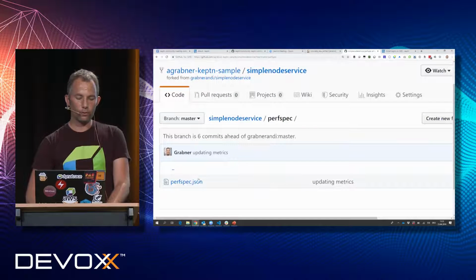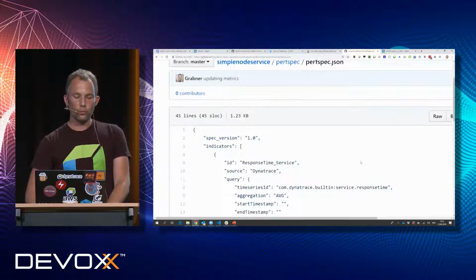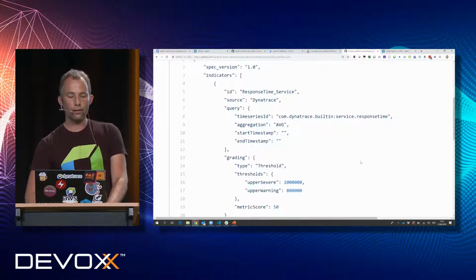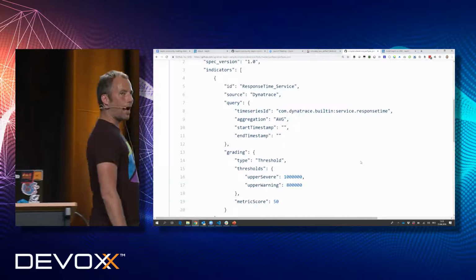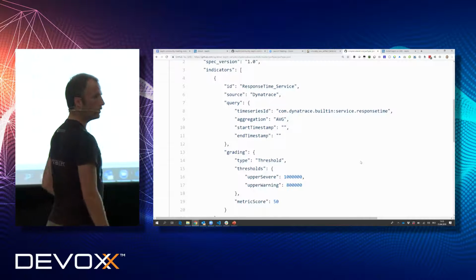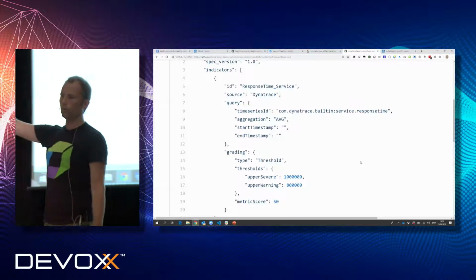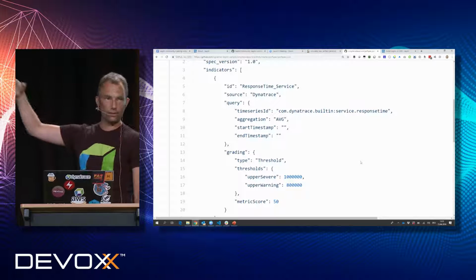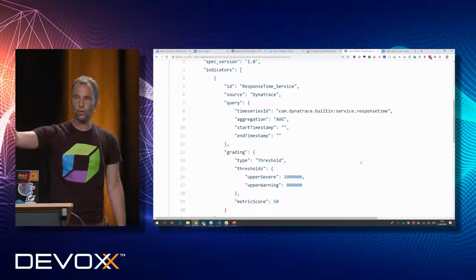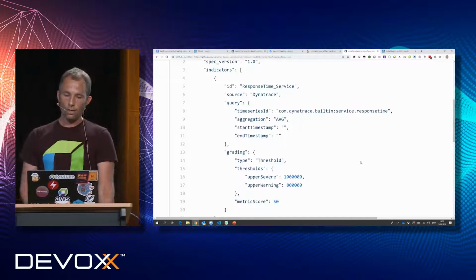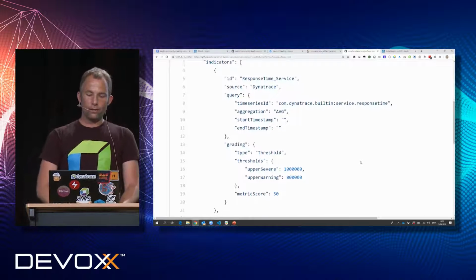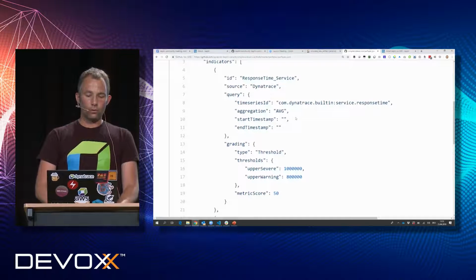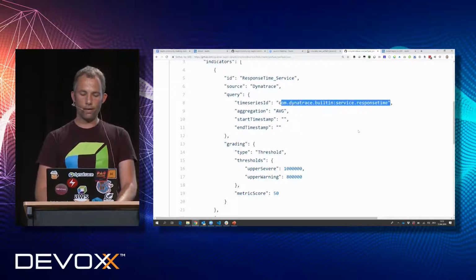The perf spec folder defines what we call a perf spec file, where I can specify after an artifact has been deployed, I want keptn to reach out to the monitoring tools. We support right now Dynatrace and Prometheus. And as I said earlier, we're working with other vendors to also build implementations. But here I can basically say, hey, keptn, go off after the tests are run, look at, let's say, response time, and then